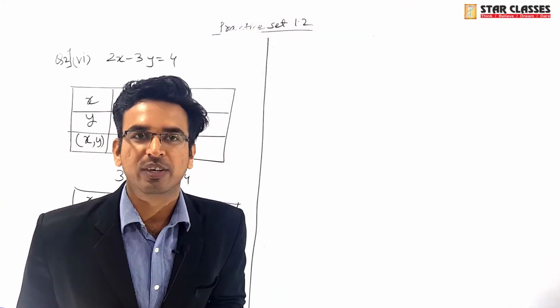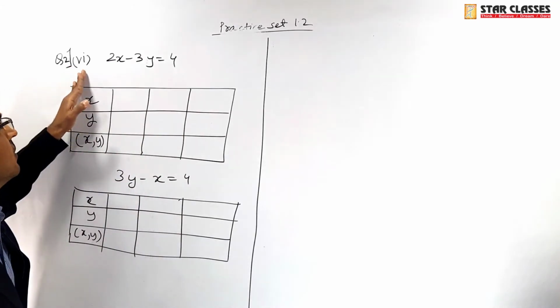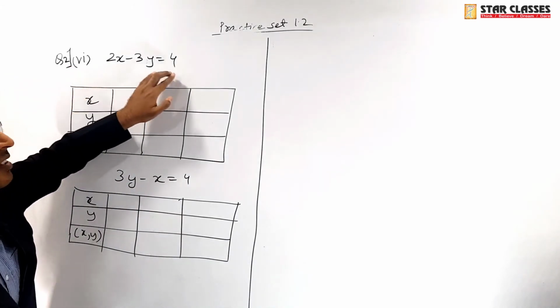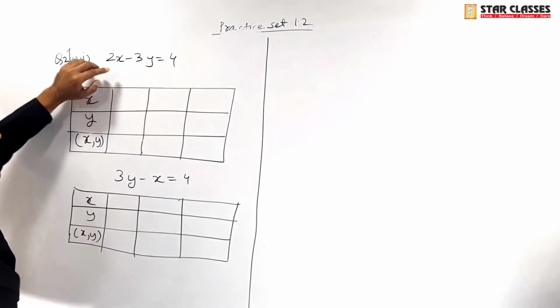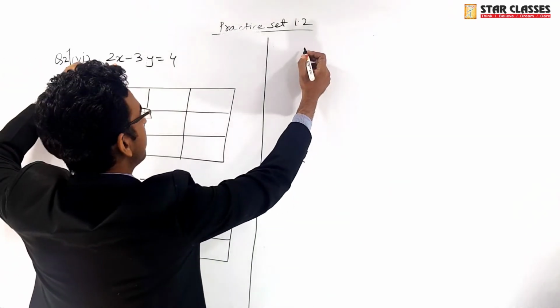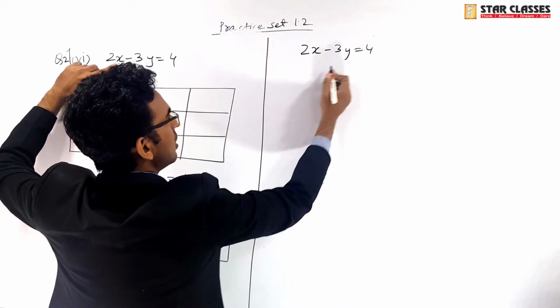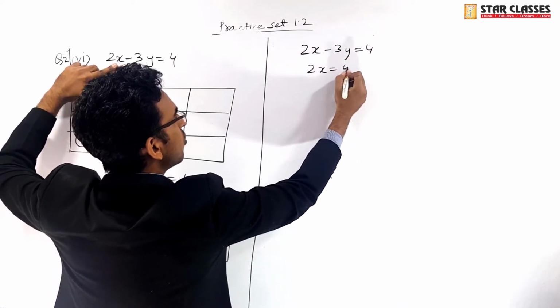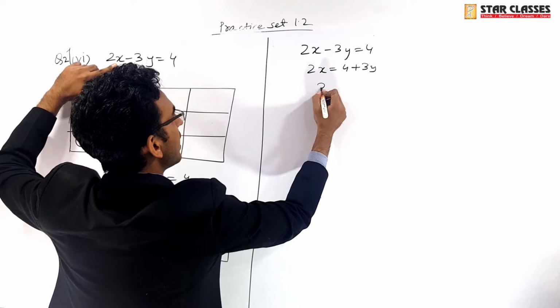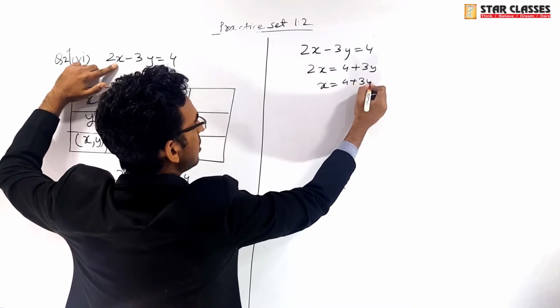Now let us solve question number 6. So first equation is 2x minus 3y is equal to 4. Okay. So let us solve it differently. This is 2x minus 3y is equal to 4. We can make this 2x is equal to 4 plus 3y, or x is equal to 4 plus 3y upon